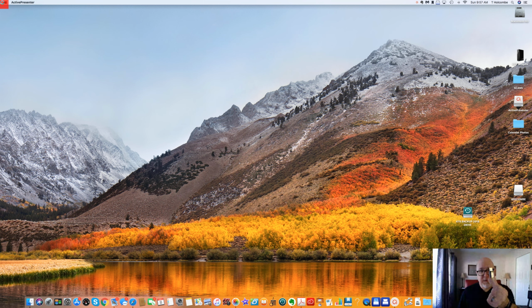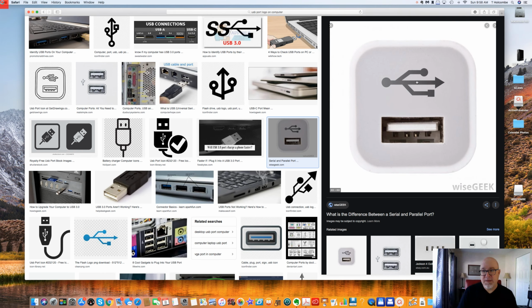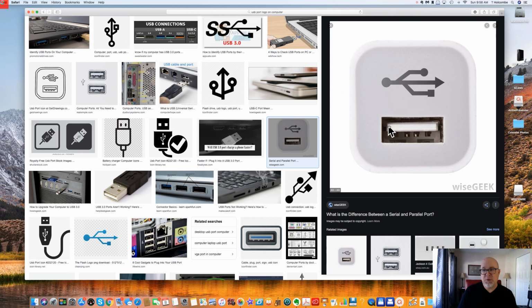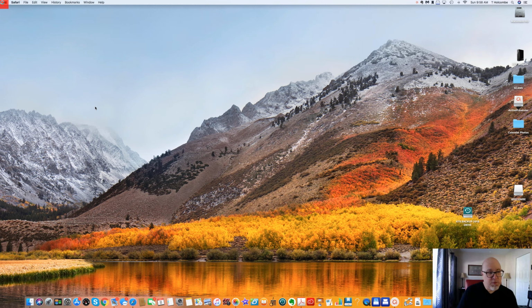And then you want to stick it into any USB port in your computer, either Mac or PC. They're all labeled the same, and they should look like this. This is what the USB symbol is. Just make sure you plug it into that. It'll only go in one way, so don't force it in. If it doesn't feel like it's going in, it might be upside down, and you might have to turn it around the other way. So go ahead and stick that in, and then once you put it in,